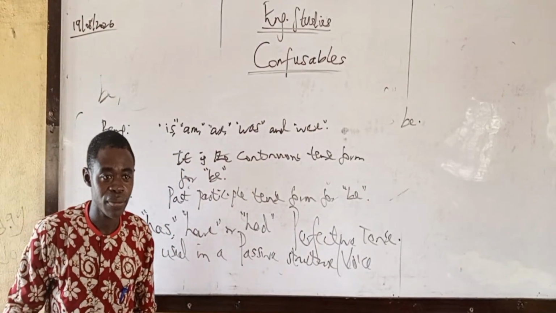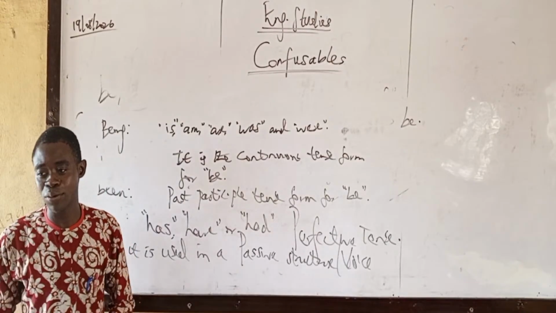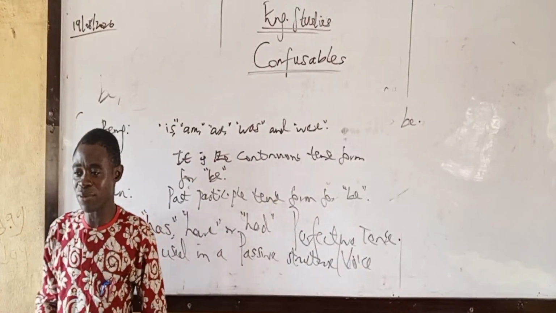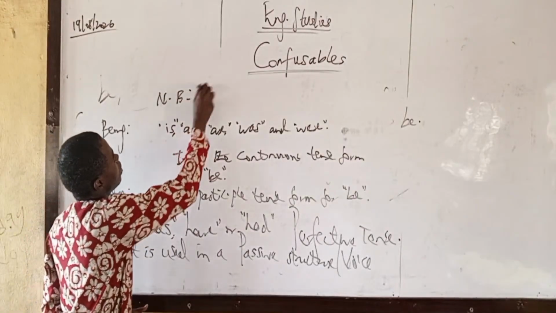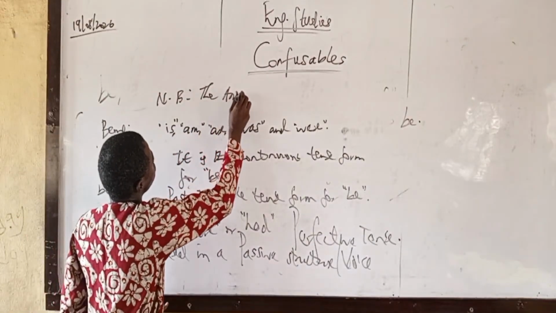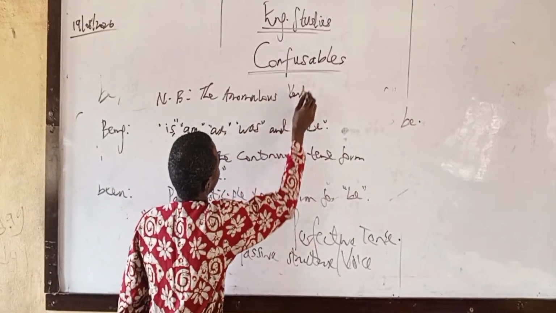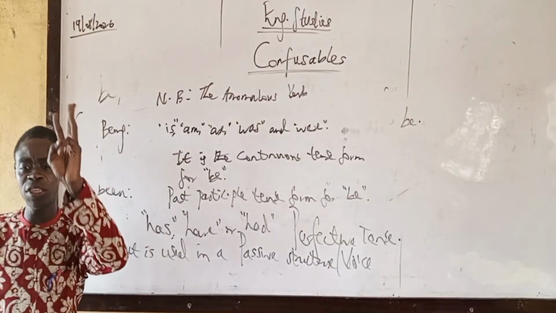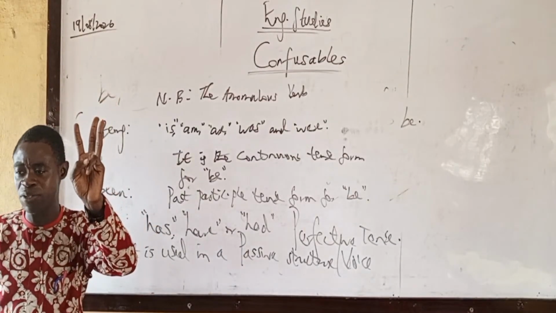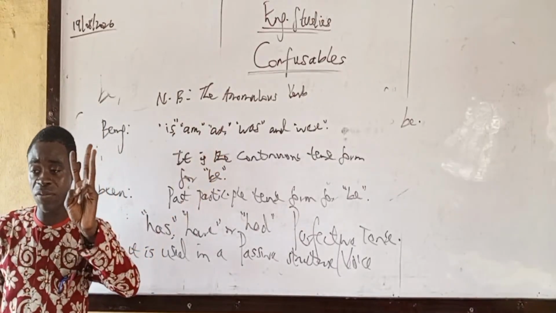Someone asks, what is the meaning of anomalous verb? Anomalous verb. Very good. Note the anomalous verbs. Full stop. These are the three examples of verbs in English